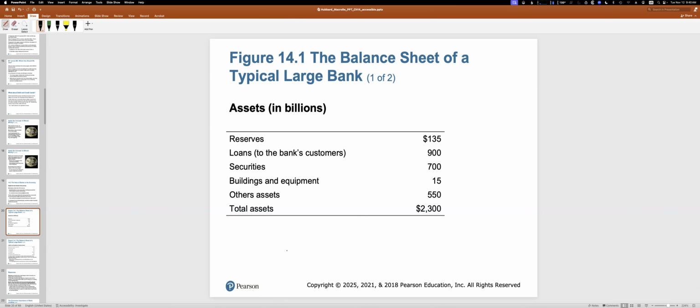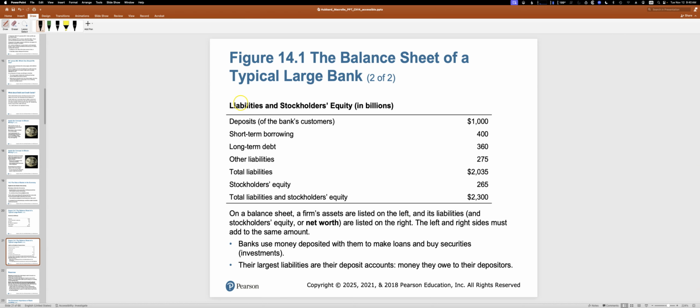So if we look at this from an accounting perspective and we create a standard balance sheet, the bank has certain reserves, money that it's sitting in its bank vault and in its cash drawers, loans that it's made out, securities. This again would be typically U.S. government bonds. And then it owns its bank branch and its computers and whatnot. You add everything up and you get the total assets that the bank has. And then we compare that to the liabilities and shareholders' equity. This is the other side of the balance sheet. So assets need to equal liabilities and stockholder equity.